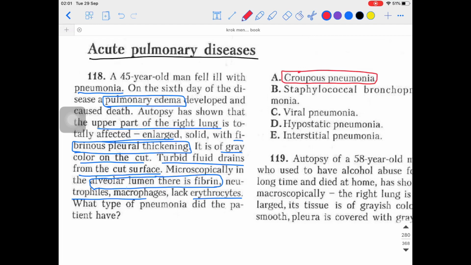Second one is red hepatization. That will be seen after the second day, when this congestion and edema is proceeding towards the severe stage. That is the red hepatization, second stage. I will be providing the notes, don't worry, in the description box below. You can give a read over there as well, and you can make your own notes from there. So first stage was congestion edema, second one was the red hepatization. That will be appreciated in the second day.